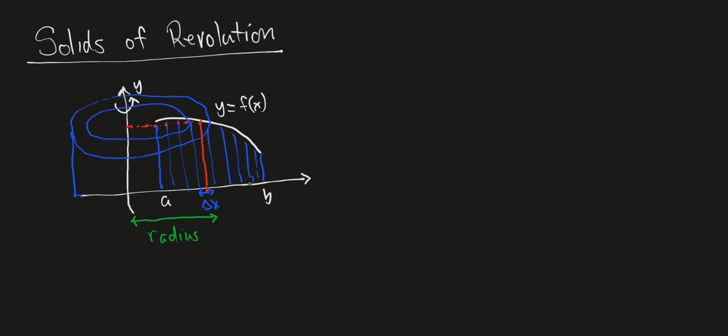Well, that depends on whatever x I choose. If I choose my x down here, then the radius will be that x value. If I choose my x value to be here, then the radius will be right there. So the radius is whatever special x value I choose, right? This right here that I already have labeled the delta x, that's going to be my thickness, how thick it is, and that depends on my delta. So the smaller my delta, the thinner this shell is, right? So this is the thickness,